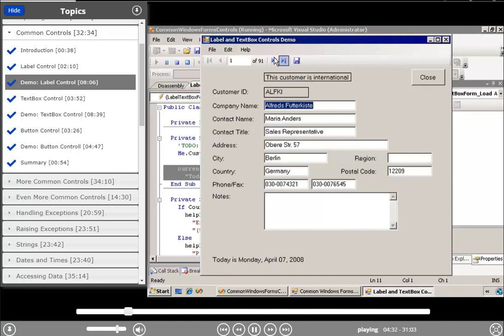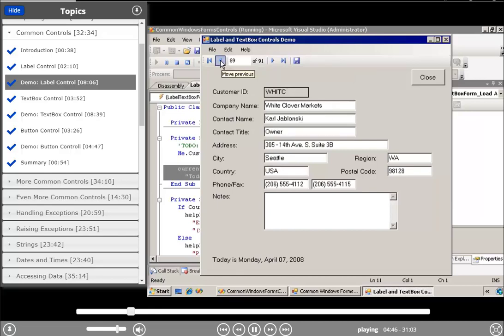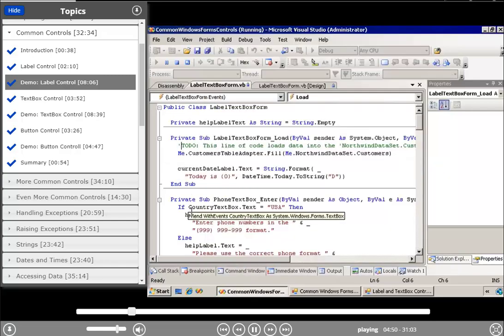As I scroll from customer to customer through the customers table in the Northwind database, the customer ID is going to change, and if the customer is international, this label displays text. If I find a customer who's in the US, that goes away. And that code